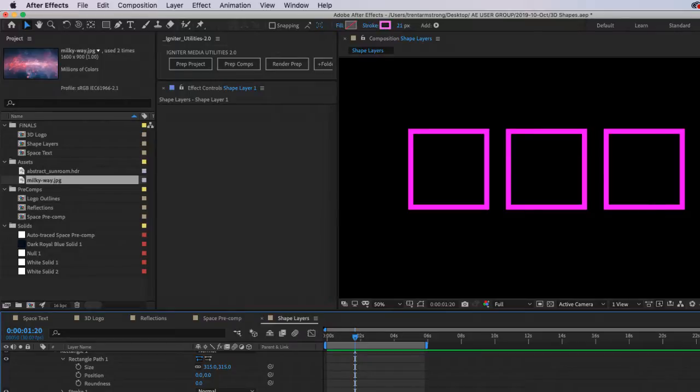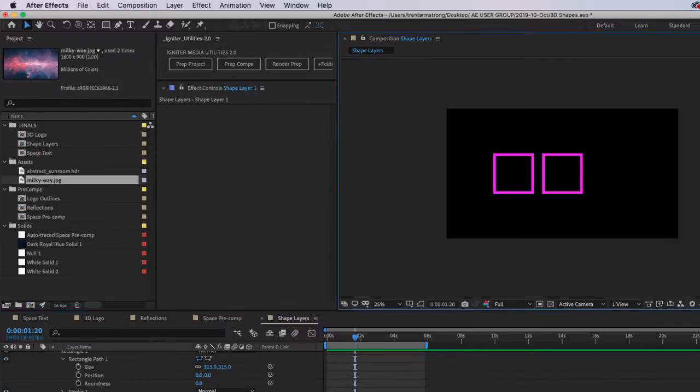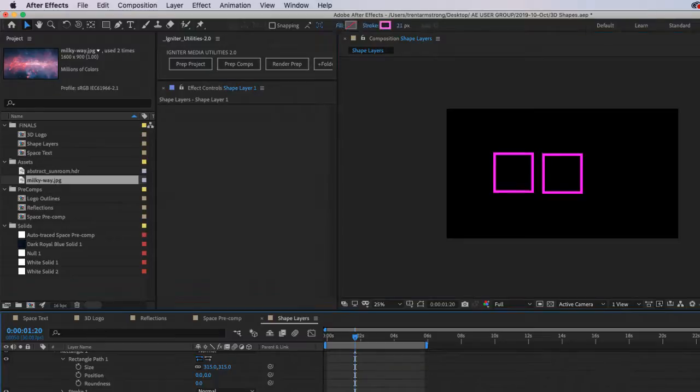Okay, so I can add 3 back by adding another copy. And if I want to change on the Y, I can change on the Y.